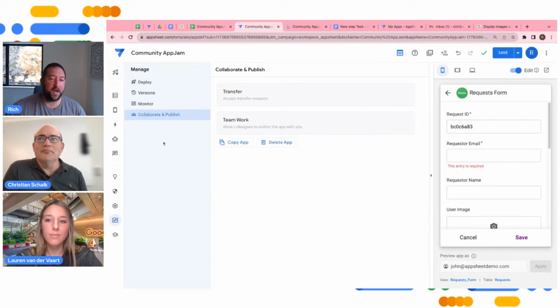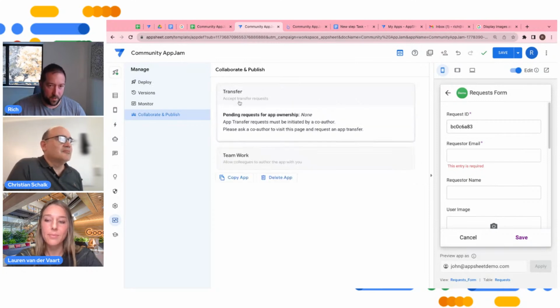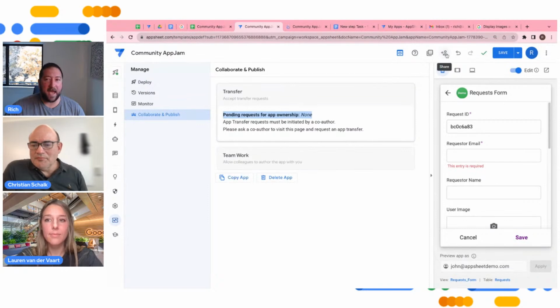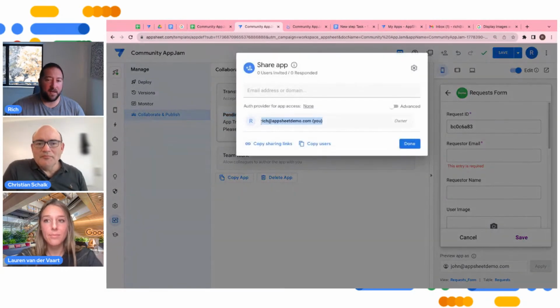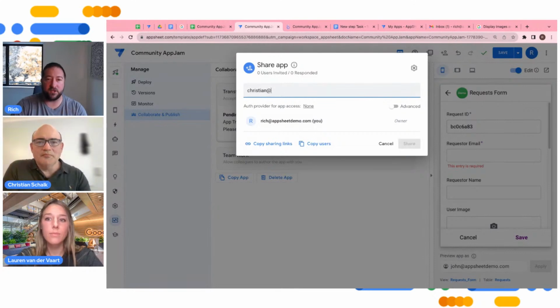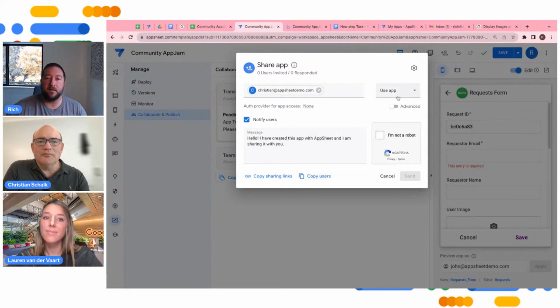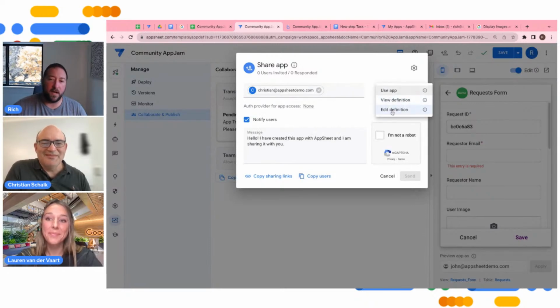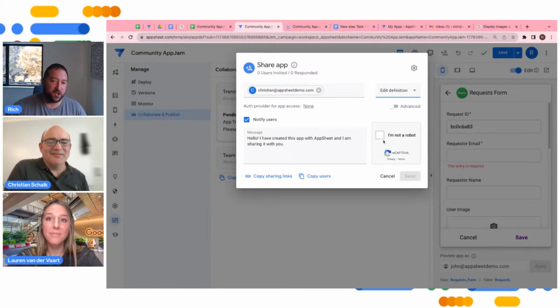Now, to transfer applications, first you need to make sure you share the app with an individual as a co-editor. So if I were to share this with Christian, I hope that's your login here, I can give you the ability to edit the definition. And after I share that with you,